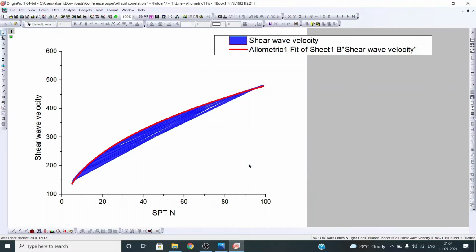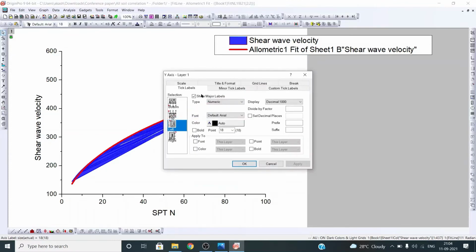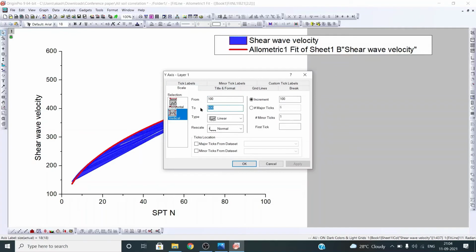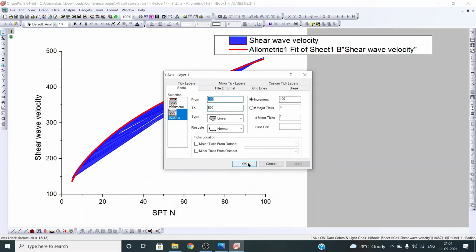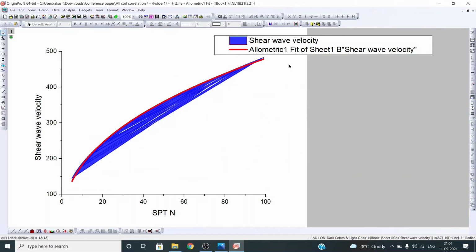Okay, you can do changes as per your convenience. Let's delete it.